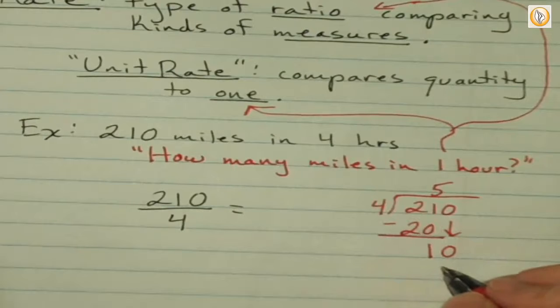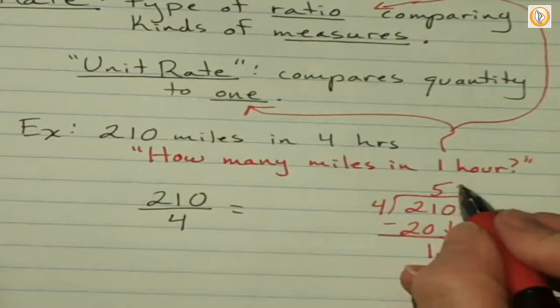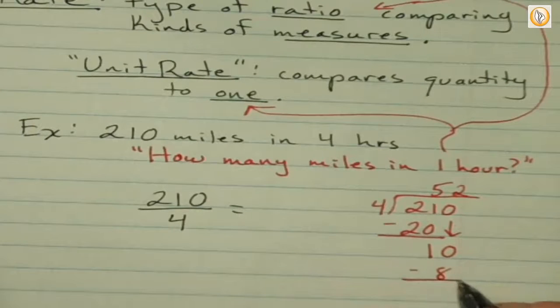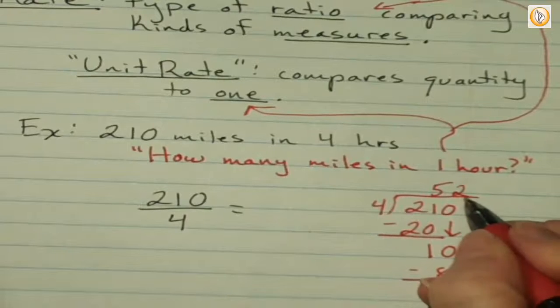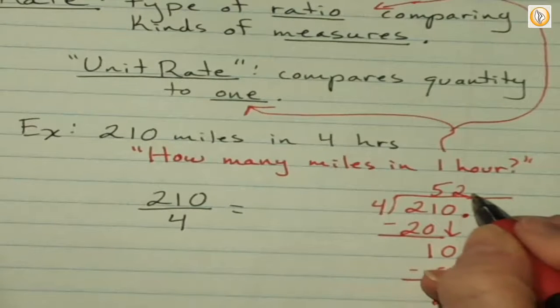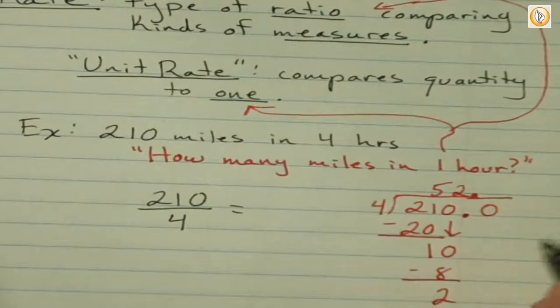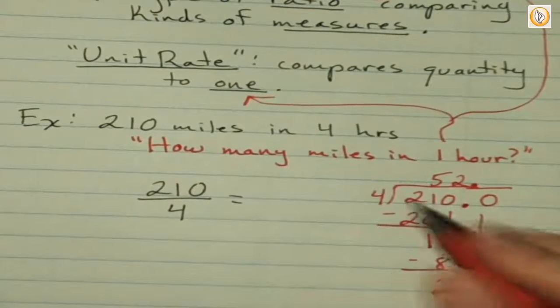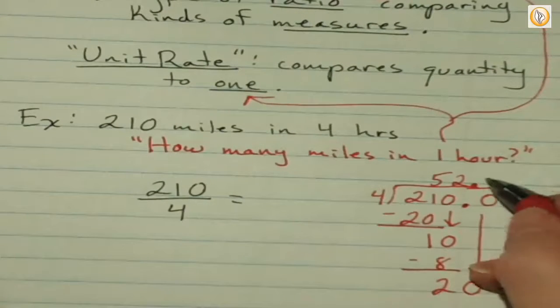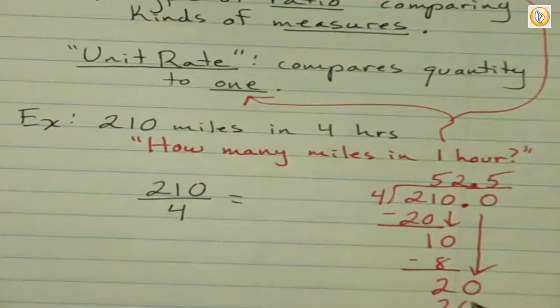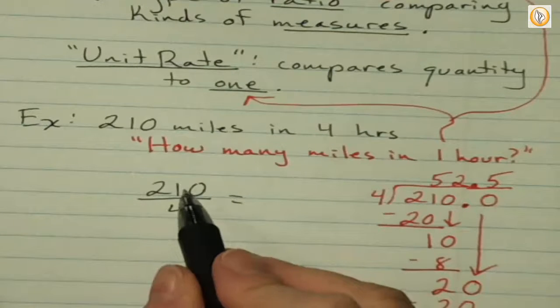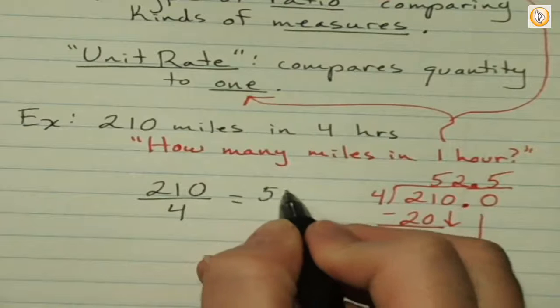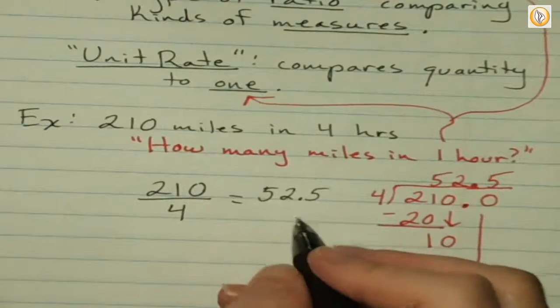How many times does 4 go into 10? 2 times equals 8. Wouldn't we have a remainder? Yep. So we're going to put a decimal on the bottom and on top and add a 0. Bring it down. How many times does 4 go into 20? 5 times. There we go. So 52.5